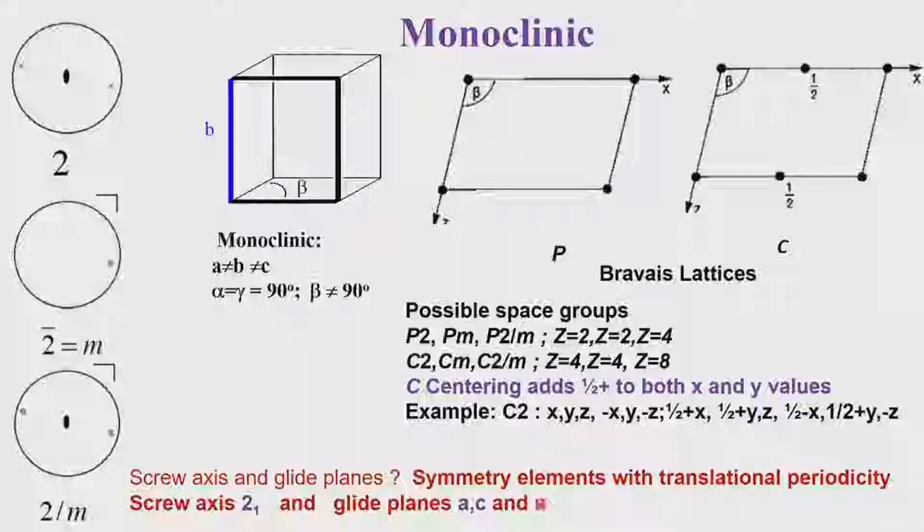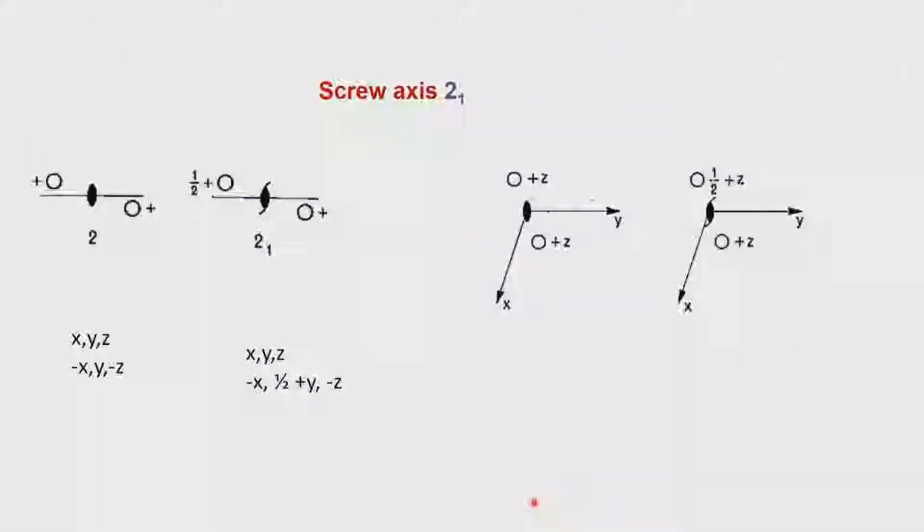But now we will examine them thoroughly in terms of the monoclinic symmetry, and once we understand this in terms of the monoclinic symmetry, it can be extended to higher symmetry crystal systems and therefore higher symmetry space groups. So let us go to the next slide where I am describing the screw axis as simply as possible.